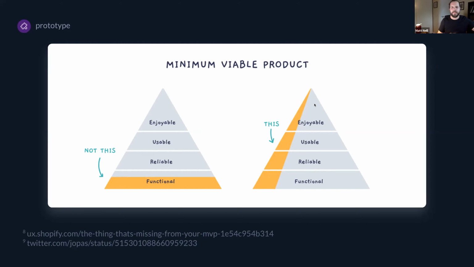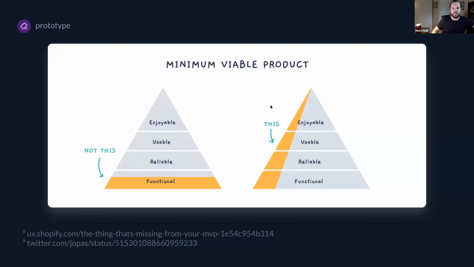So the entire app or website would be functional, but it wouldn't necessarily be fun to use, or maybe it had a lot of bugs. And that was traditionally how companies I've worked for anyway would build a minimum viable prototype. What I like about the one on the right-hand side is it suggests focus on one specific core feature that you are going to offer and just get really, really good at that specific thing. You can always layer on and do the other sections of the pyramid at other times, but really focus on making one core aspect of your experience functional, reliable, usable, and actually enjoyable if possible.